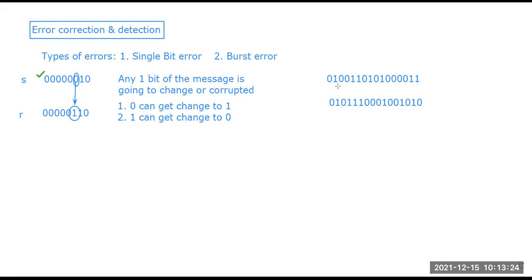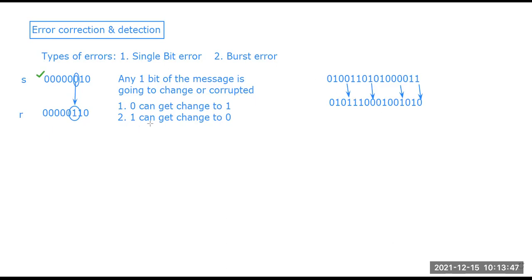Where is it changed? The first part is fine, 1 0. This 0 has changed here, right? Then 1 1 0. This 1 gets changed to 0. Then 0 1 0 0. Then 0 is transferred to 1, and 1 gets transferred to 0. So we can see these multiple changes happening in the process of burst error.